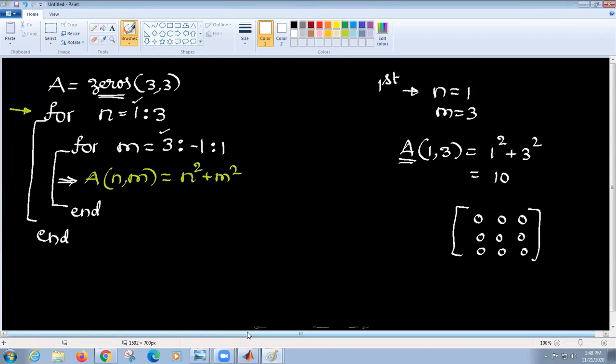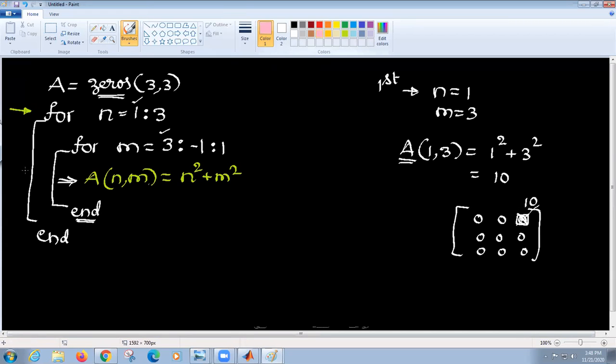So what did I get? A13. This is my A13, so this zero will be replaced by 10.